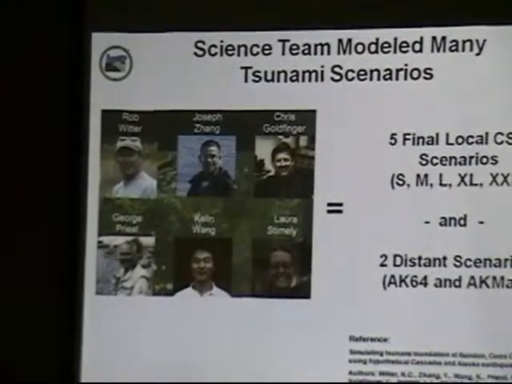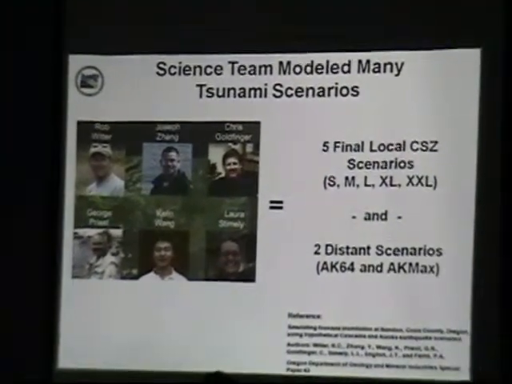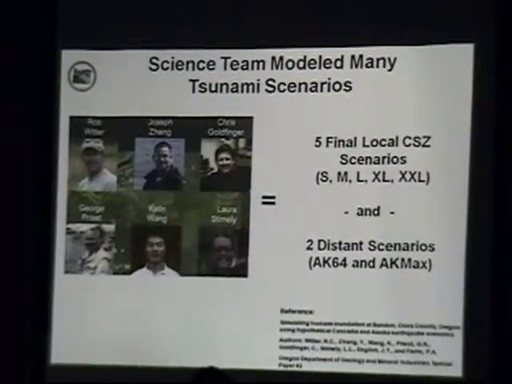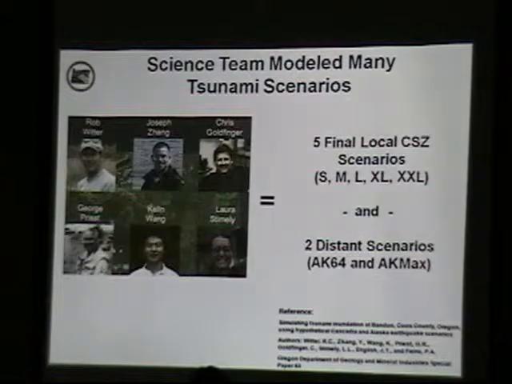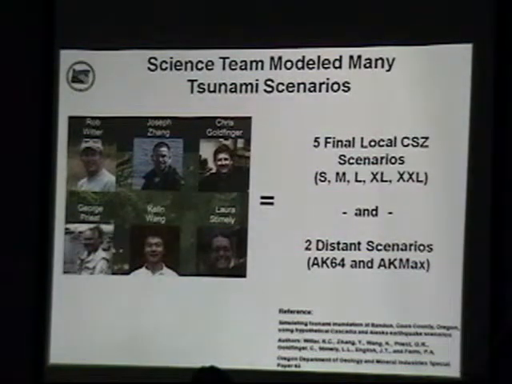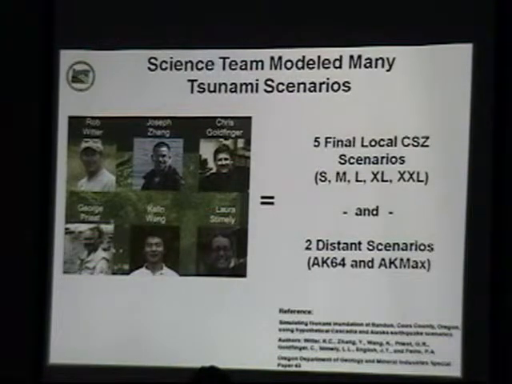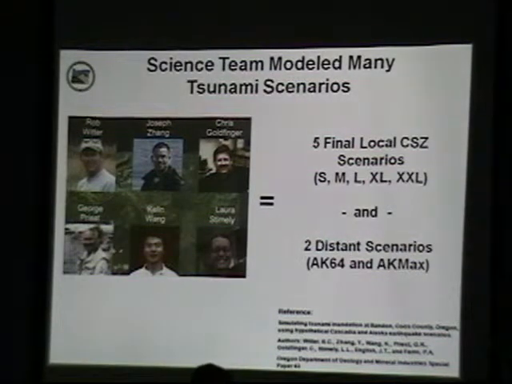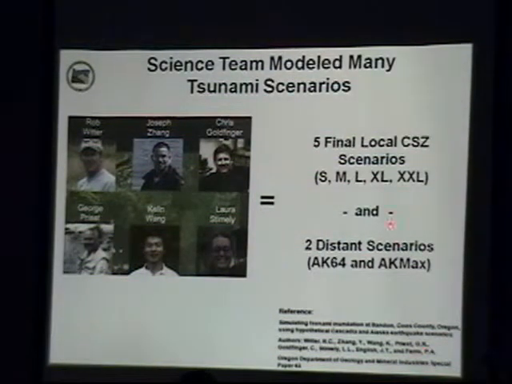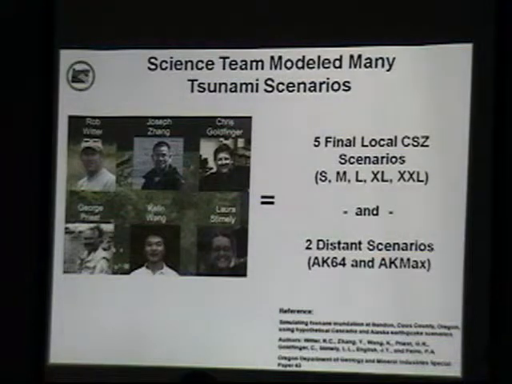This very sophisticated model, they spent a couple of years tweaking it. Cannon Beach was actually used as a pilot. We used Cannon Beach as one of our pilot study areas. And they created a ton of tsunami scenarios. The whole goal of this program was to create data for the entire Oregon coast. So we said, well, we can't run 50 tsunami scenarios for the whole coast. So we're going to narrow it down, and we've narrowed it down to 5 local tsunamis and 2 distant tsunamis.